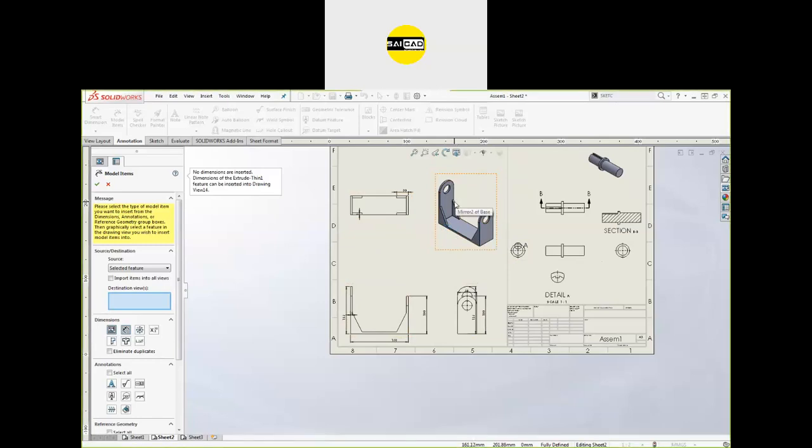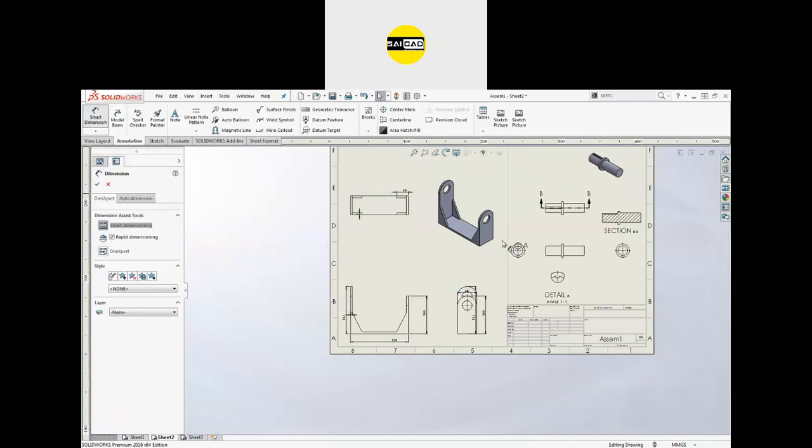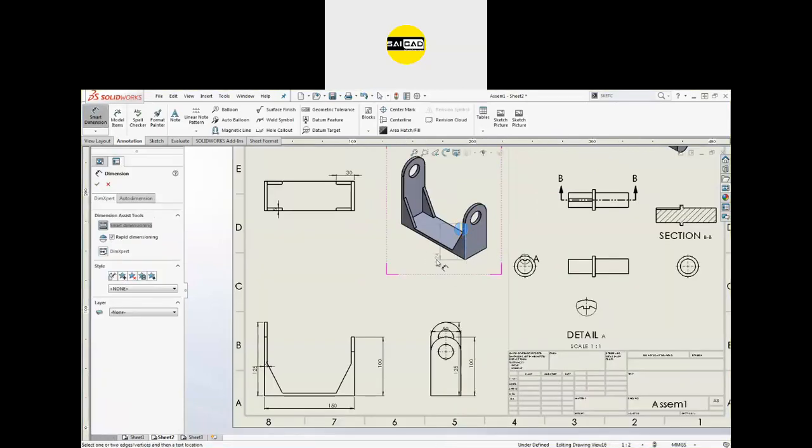Okay, if you see any dimension in the isometric view, that will be created in AutoCAD. In AutoCAD we can create some isometric drawings and we can label the dimension also. So just click OK, we have the dimension here. If you go to the smart dimension, you can select this one, and here you can insert the dimension, but that dimension will not be in the proper manner.